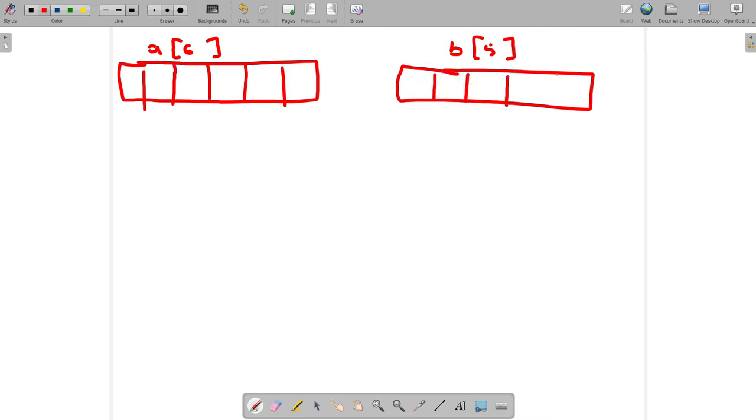And let's say we have some elements: 2, 4, 6, 8, 10 and 12, and 3, 6, 9, 12 and 15.